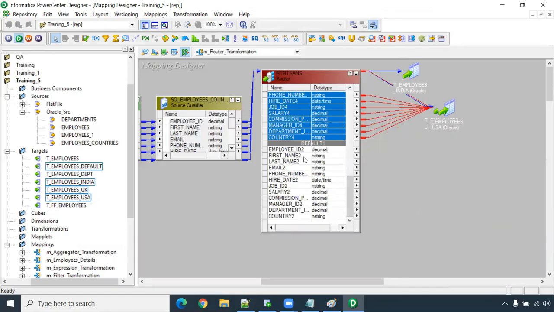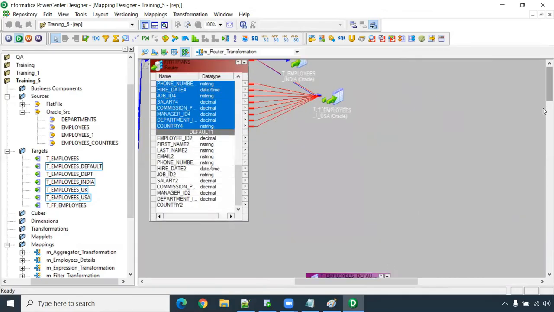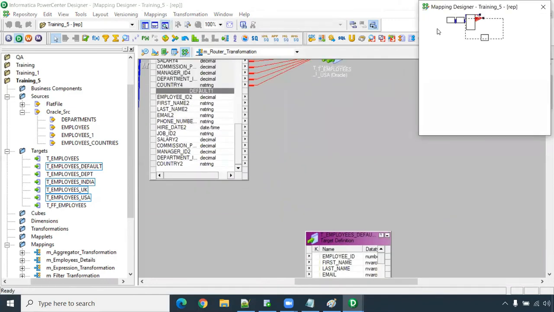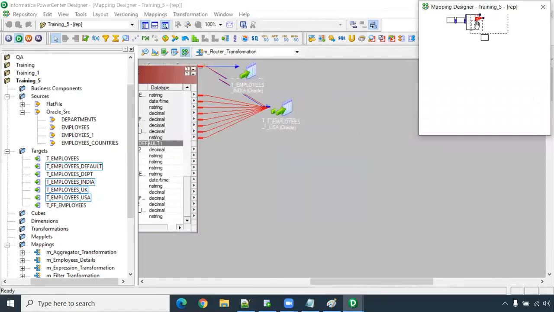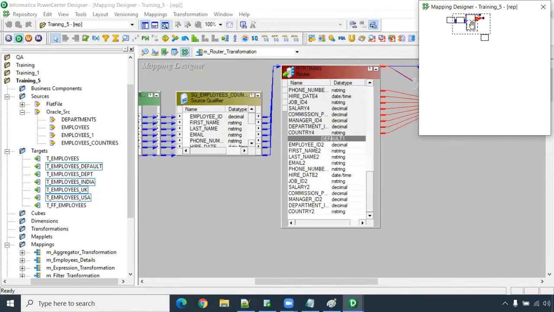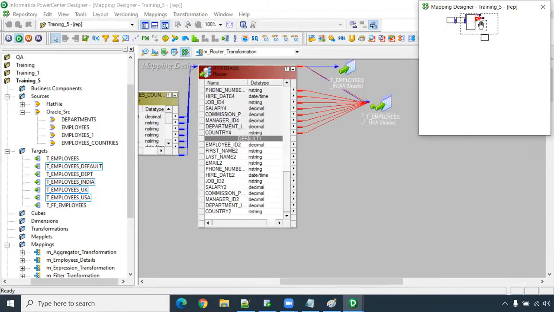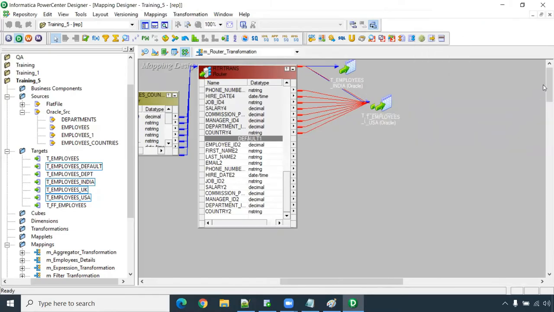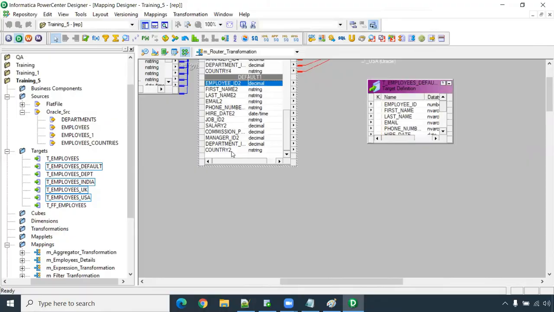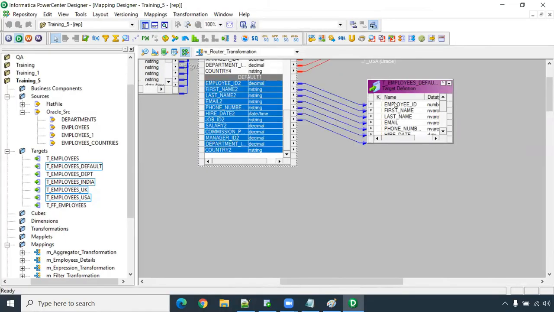So here we have the default group, right? Even the default group, you can take it out. I'm not sure where it is, right? You can use this toggle overview. You can keep it like this. If more transformations are available, you can toggle the window like this. Then I can see one target table available. You can drag and drop here, and you can put the default group columns also here.